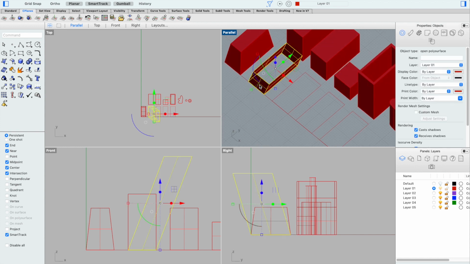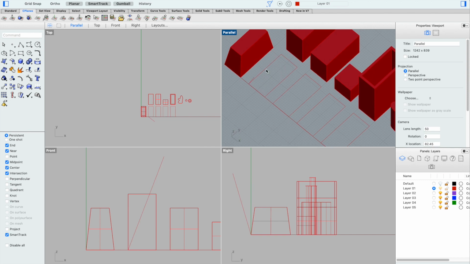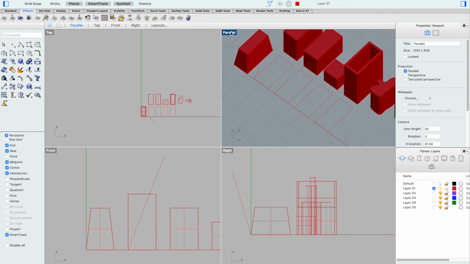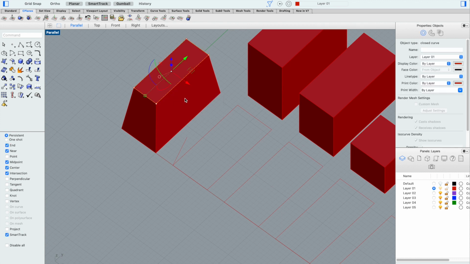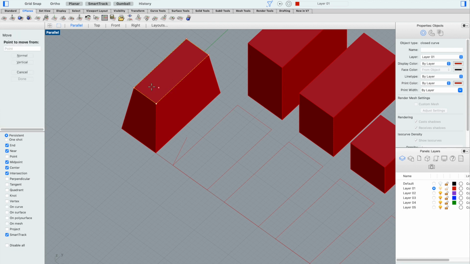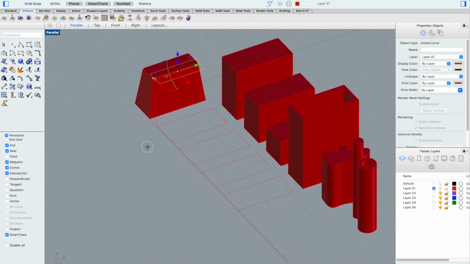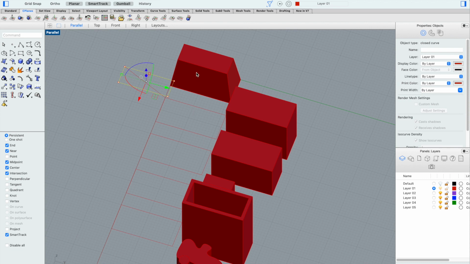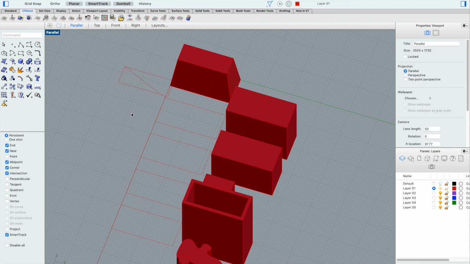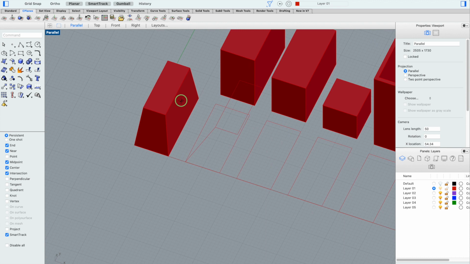What I can also do is, like a loft, I can choose a different ending profile. So for the sake of consistency, let's just take this curve that I already drew, copy, paste, move from this point to this point. You can see if I spin this around, that's going to be at the top of the curve. And remember, this shape here is smaller than this one, because that's why we got this kind of truncated pyramid shape. So now if I use the sweep command,